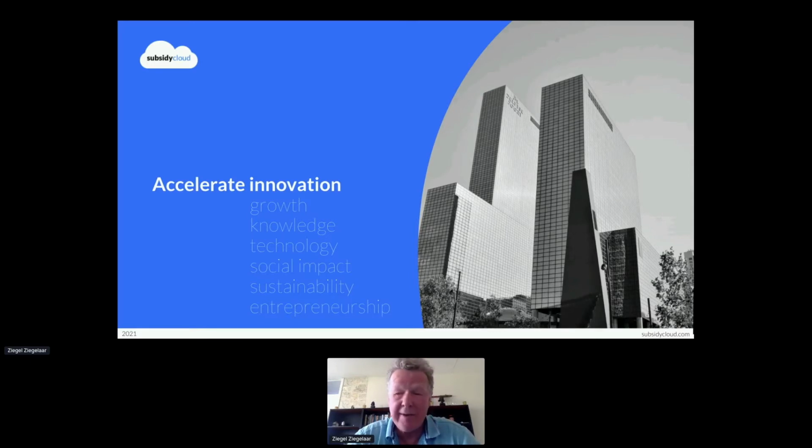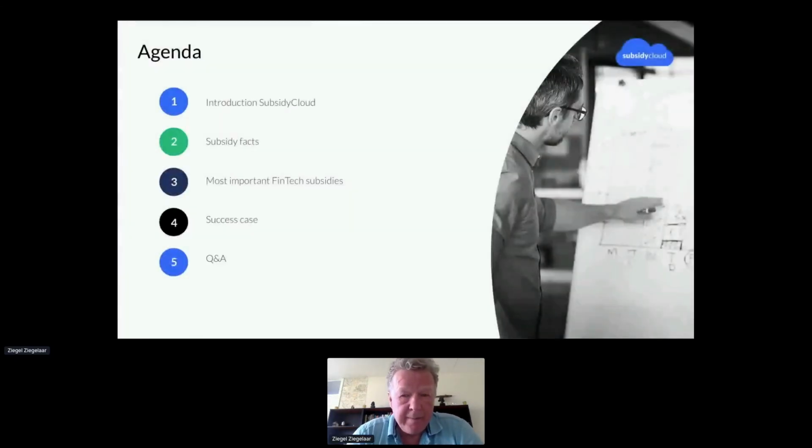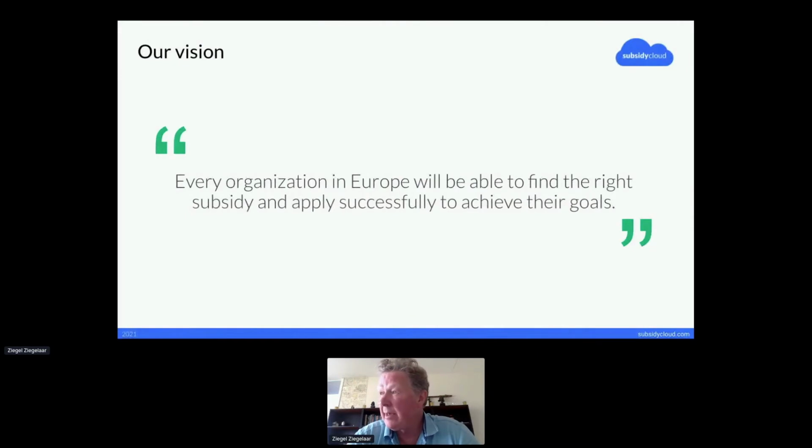I think it's very necessary to get out the message about subsidies in general, specifically for this type of environment. And I'll show you what we do, and I'll give you an example of how subsidies can work for you. Well, this is my agenda. I will start with some information about the complexity of the environment in which subsidies are arranged in the Netherlands, because everybody is capable of applying for a subsidy in general. On the other hand, it's really, really complex, and I'll show you that.